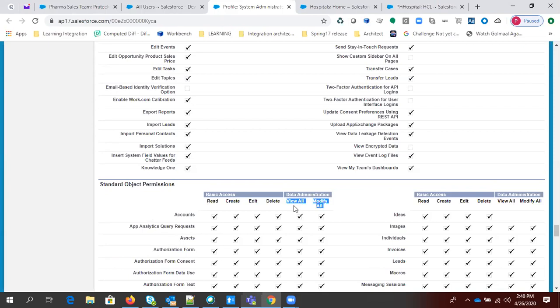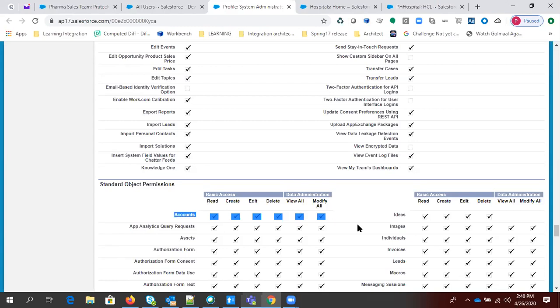If any profile has View all and Modify all object permission checked for any object, it means no restriction will apply on this object. This particular profile user can see all the records of this object and can edit all the records of this object.